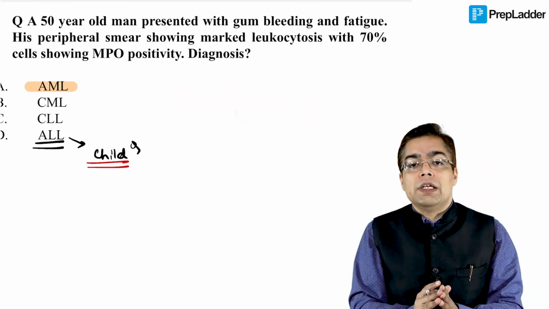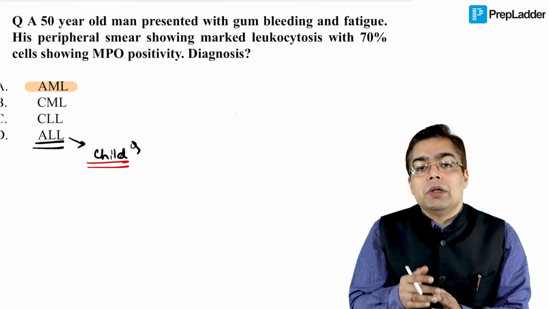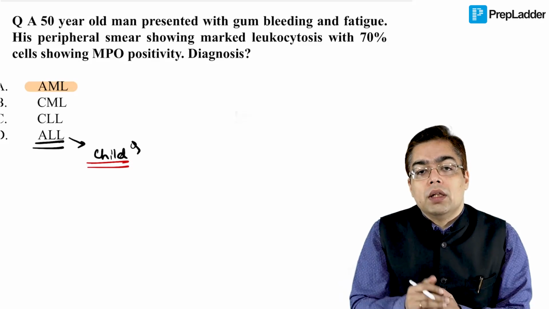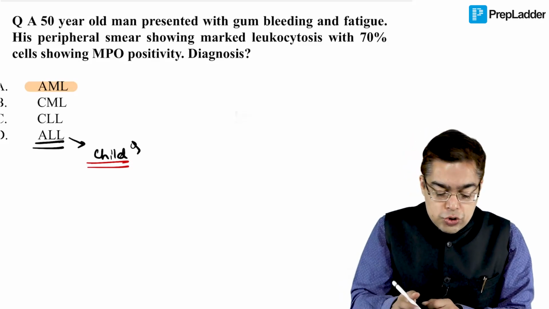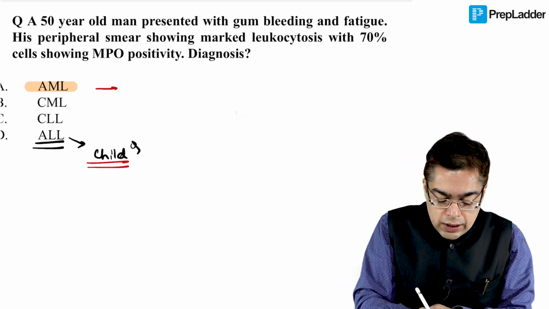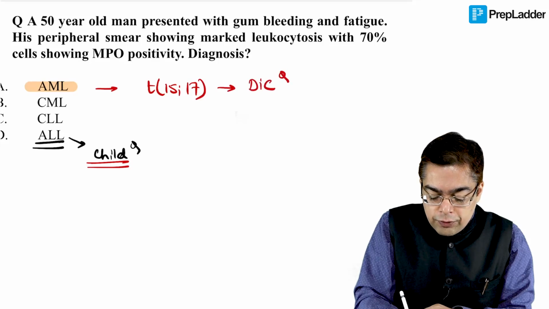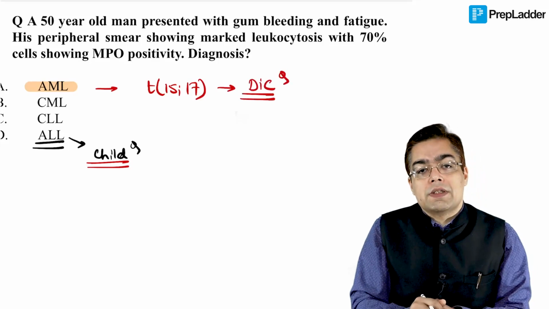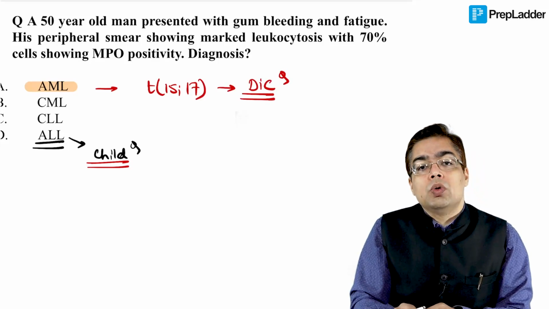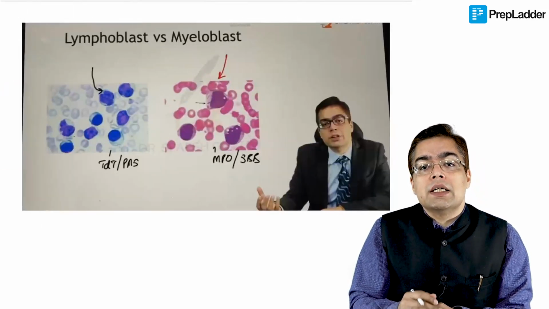Not to forget the fact, when he is going to be giving a question on AML, he can be talking about the different subtypes of AML that we have talked about so many times earlier. So most frequently in the exam, let us just recall that you are going to be given a question talking about a translocation 15;17, which is going to be responsible for development of a complication like DIC.